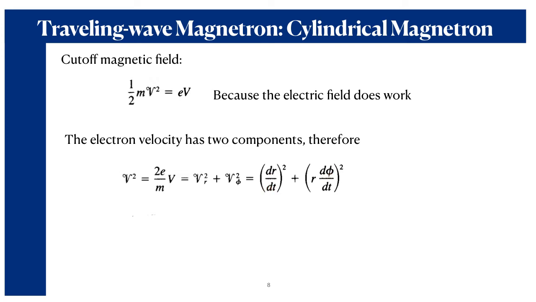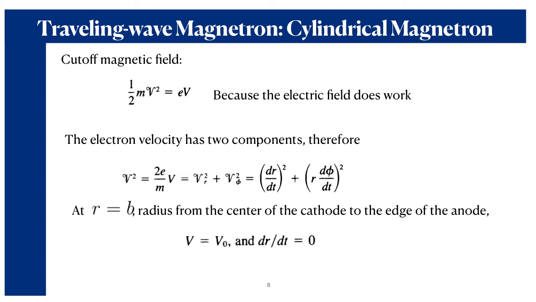The change in position along the curved direction is r times phi. Since the radius is constant, because the change in direction takes place at a constant radius, r times d phi dt will represent the velocity along the phi direction. And actually this is the relation between the linear velocity and the angular velocity. This is a standard equation which I have already derived in my previous slide. So therefore, from this expression,